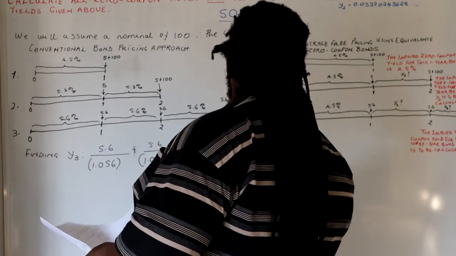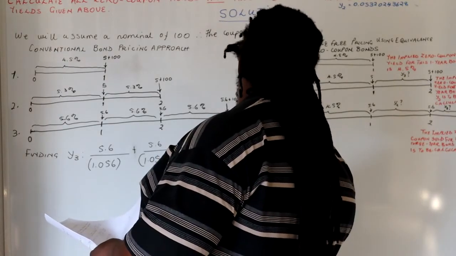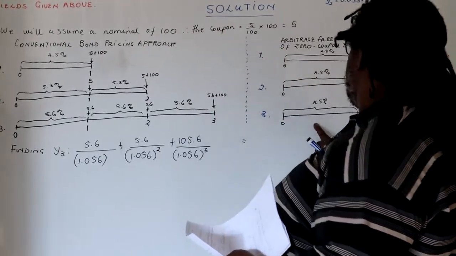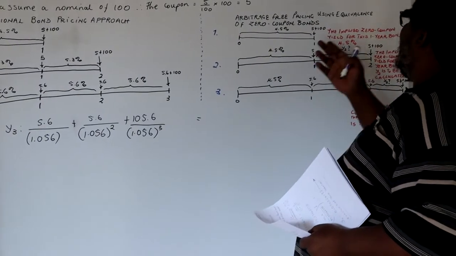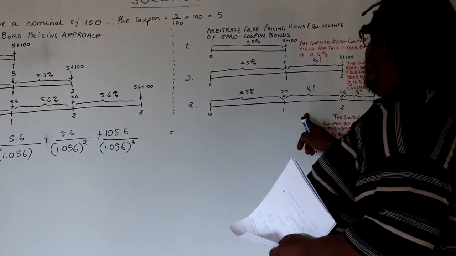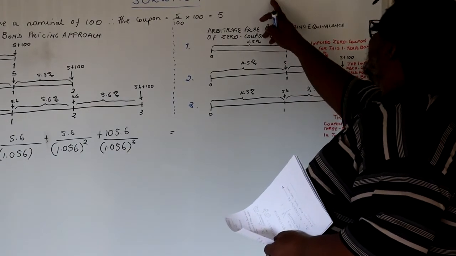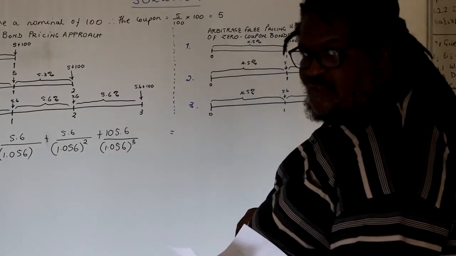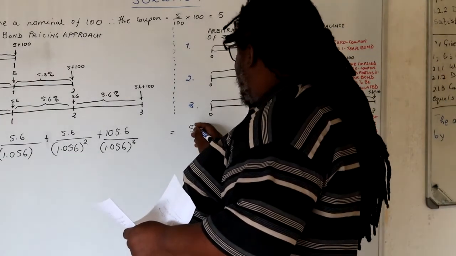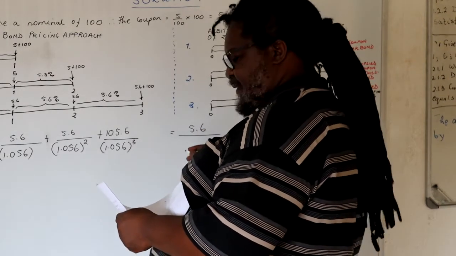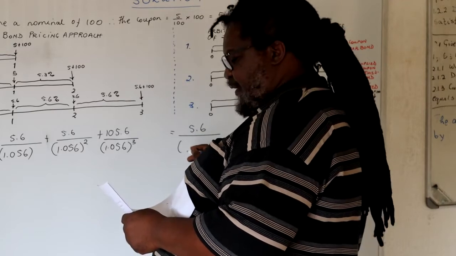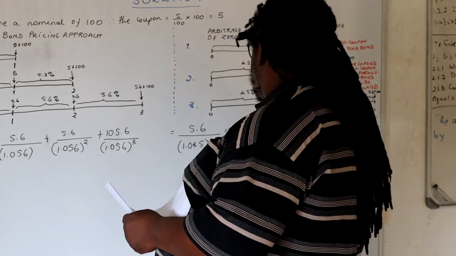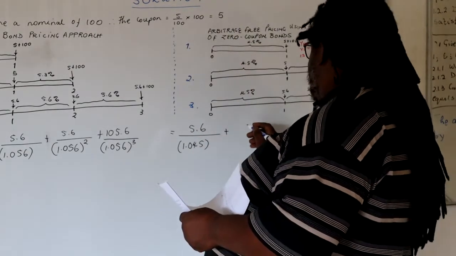So we can say this one is 100, and then we say this is equal to, we come here, the first period, we know that the spot rate is 4.5. That is given there. And then the second spot rate is Y2, which we have already calculated there. And we use these two to get Y3. So we are going to say 5.6 discounted back to the beginning using 1.045, our spot rate for period 1,